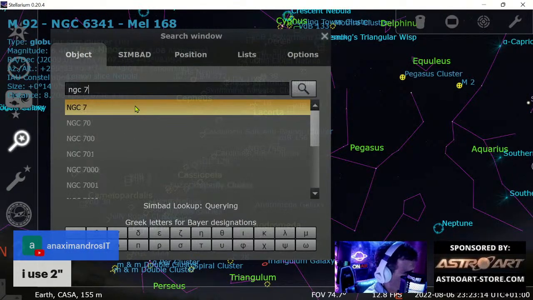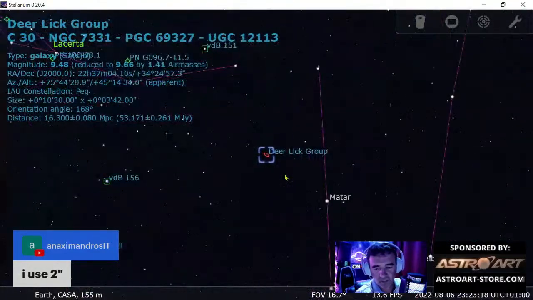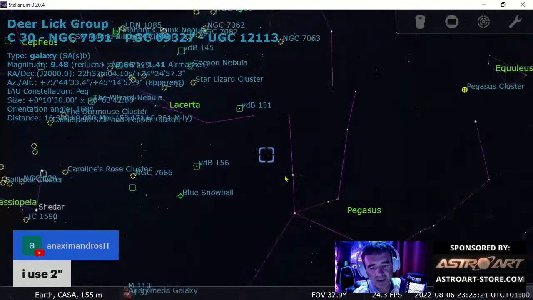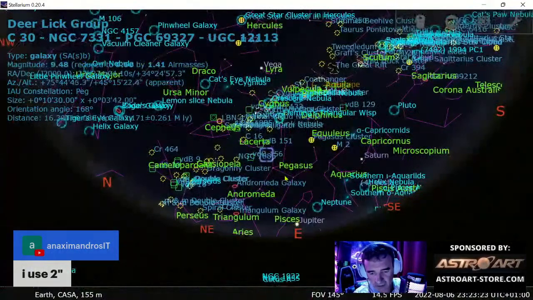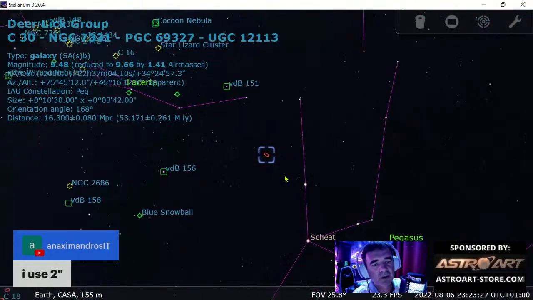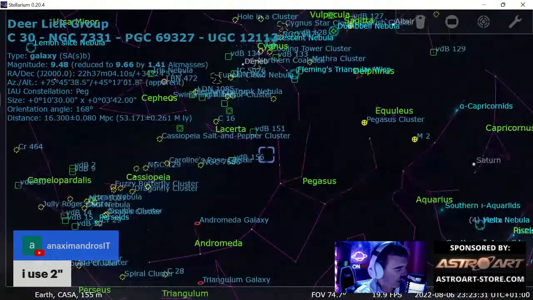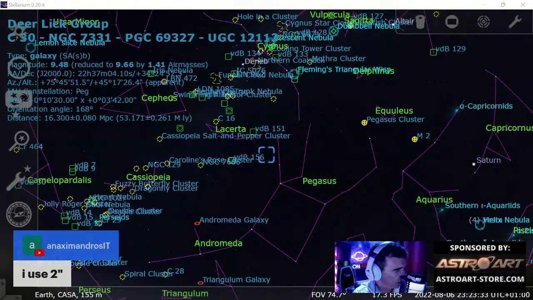NGC 7331. This one is at east. Okay, it's a good position. Altitude 45. It's good.